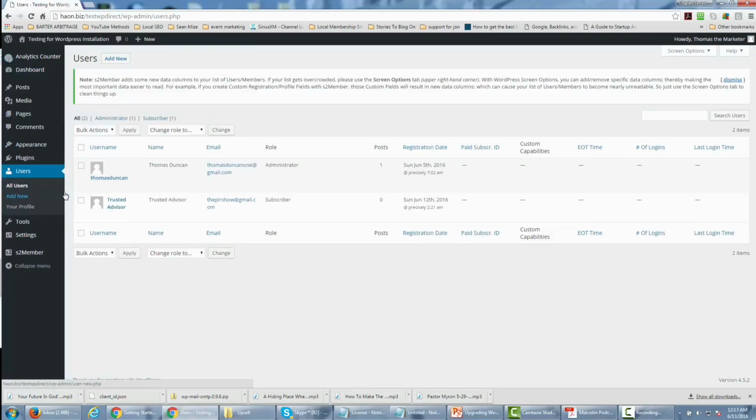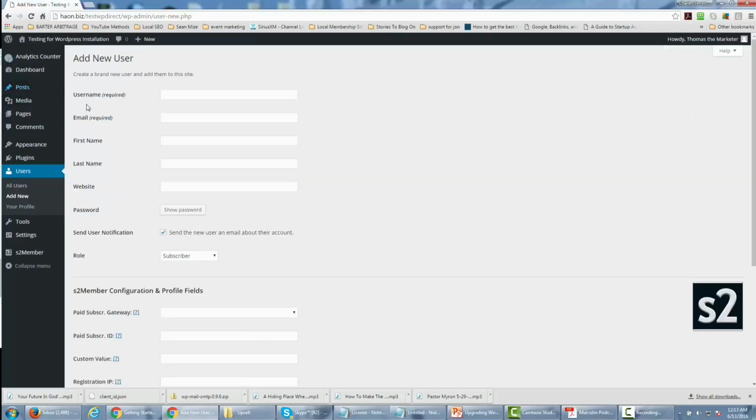And what you'll notice if you want to add a member to your S2 Member membership is that you will just click add new as you normally do. You'll be required to give your customer a username as well as an email, and we're just going to enter one in here now. Okay, and once we've written this in, then we want to give our user a role,